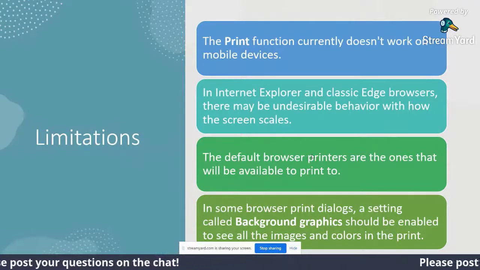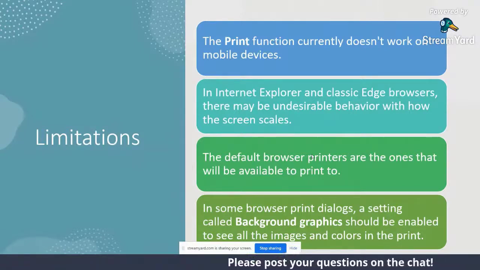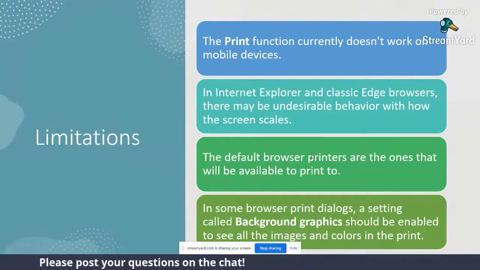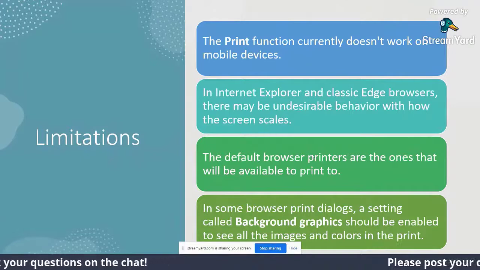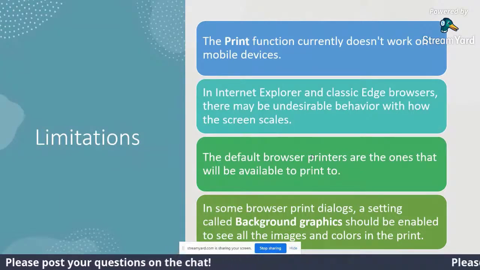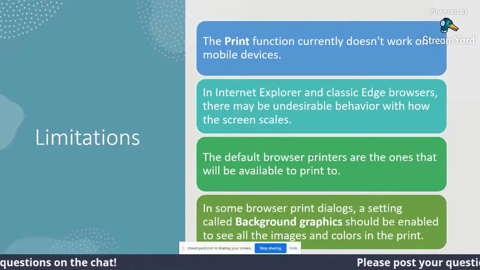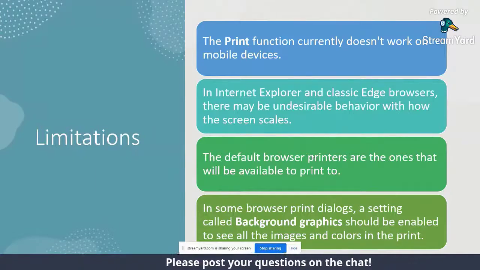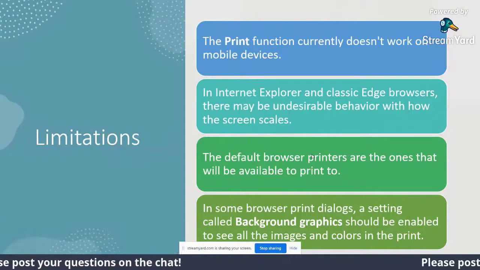As I have talked about already, regarding this fourth limitation we have here on the screen, if the background graphics property is not selected, it will not print out the appropriate capture of the screen, as the images or any visual graphics will not be displayed. So whenever you are printing, if there is a discrepancy in the data which is getting printed, you can use this background graphics. Just check for this property, and if there are any issues, they can be viewed properly.